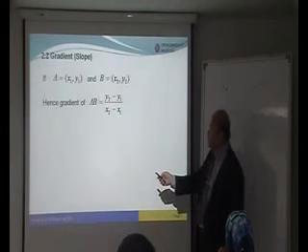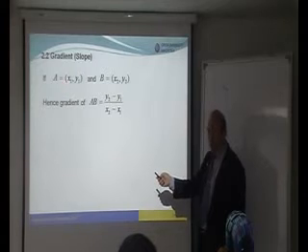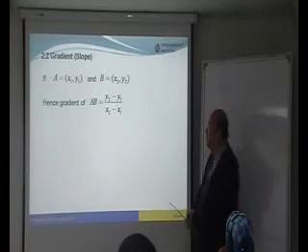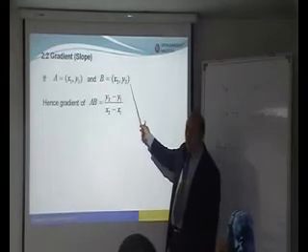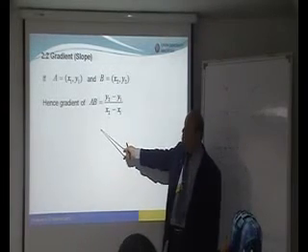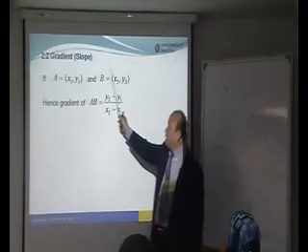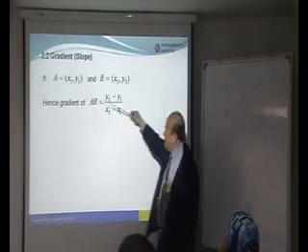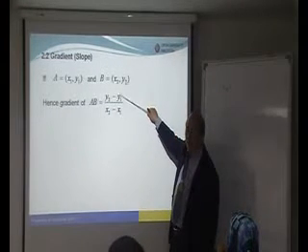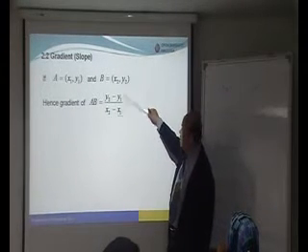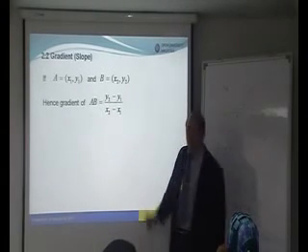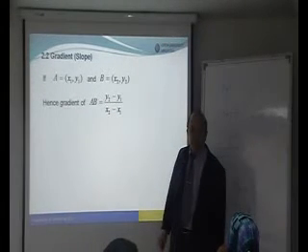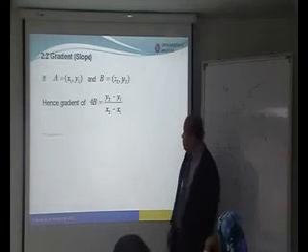So you see, the first coordinate is x1, y1. The second coordinate is x2, y2. Alright, x1, y1, x2, y2. In order to find the gradient of AB, we take y2 minus y1 as the numerator. The denominator, or the base, is x2 minus x1. Okay? Great. So let's look at an example.